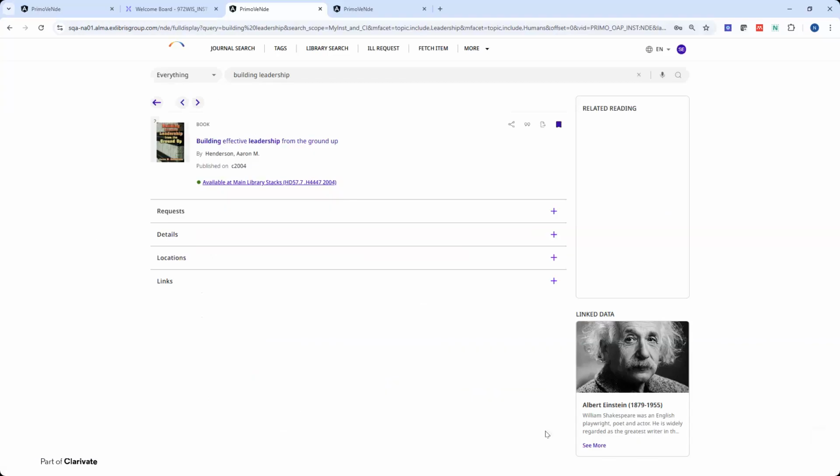So this is how the full display looks. As I mentioned, search is always at the top. And the brief record display is very similar to the one that we have in the search results. Now, for